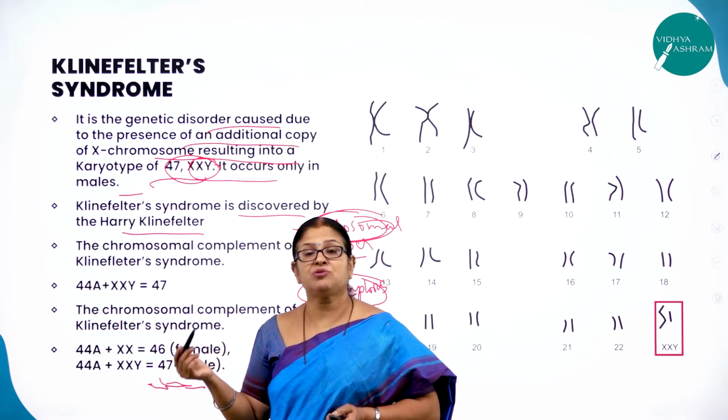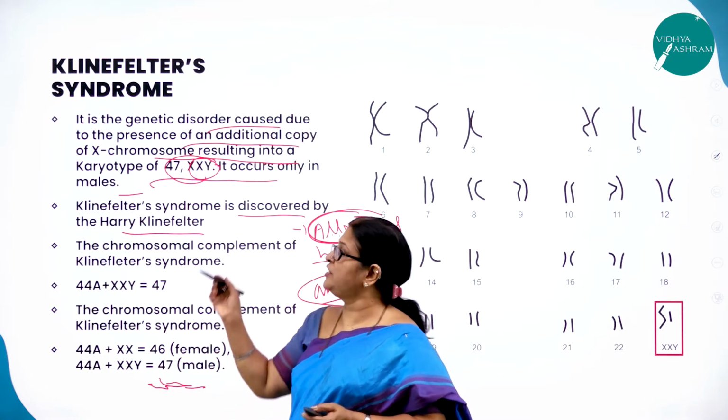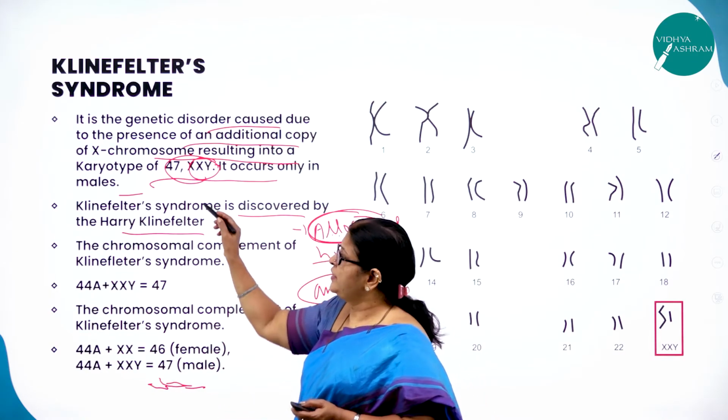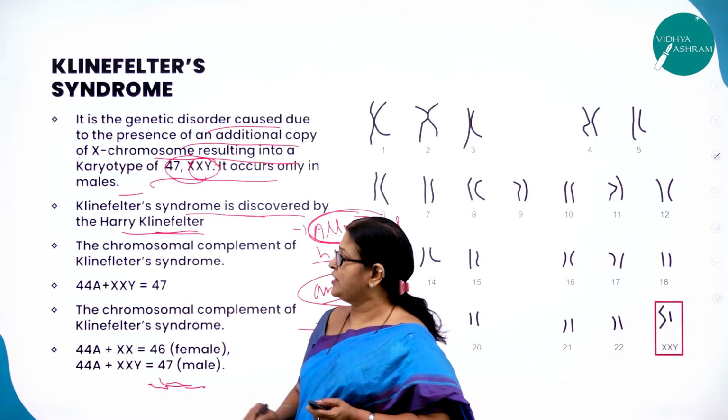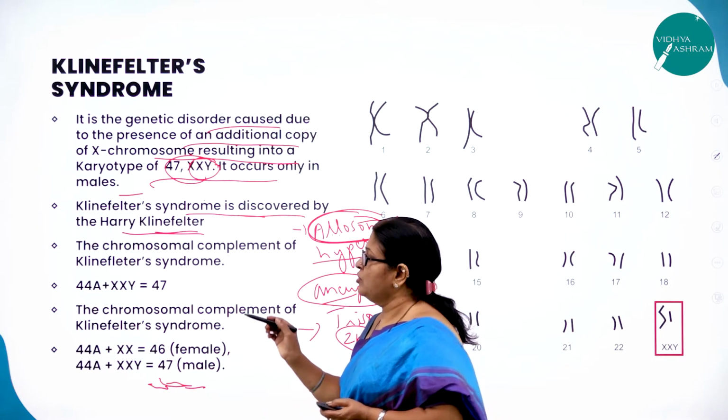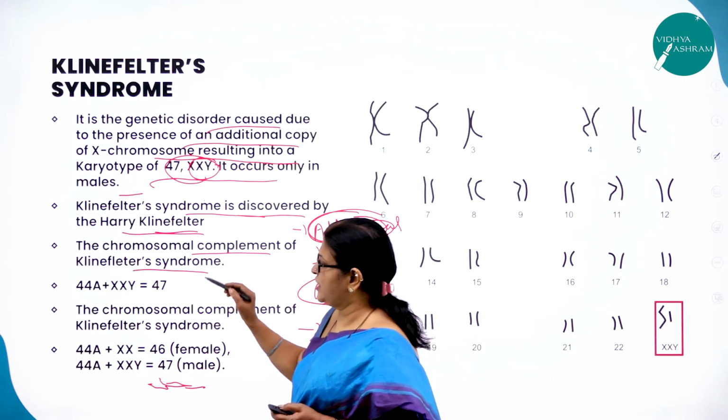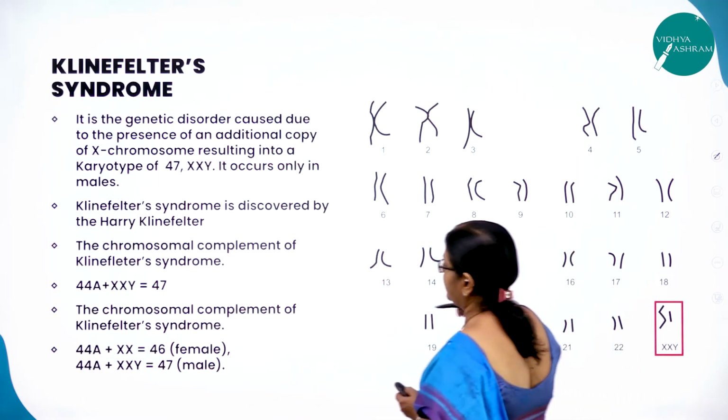As I said, Down syndrome occurs both in male and female. Klinefelter syndrome occurs only in males. So Klinefelter syndrome was discovered by whom? Harry Klinefelter. Right. Now, the chromosomal complement of Klinefelter syndrome is here